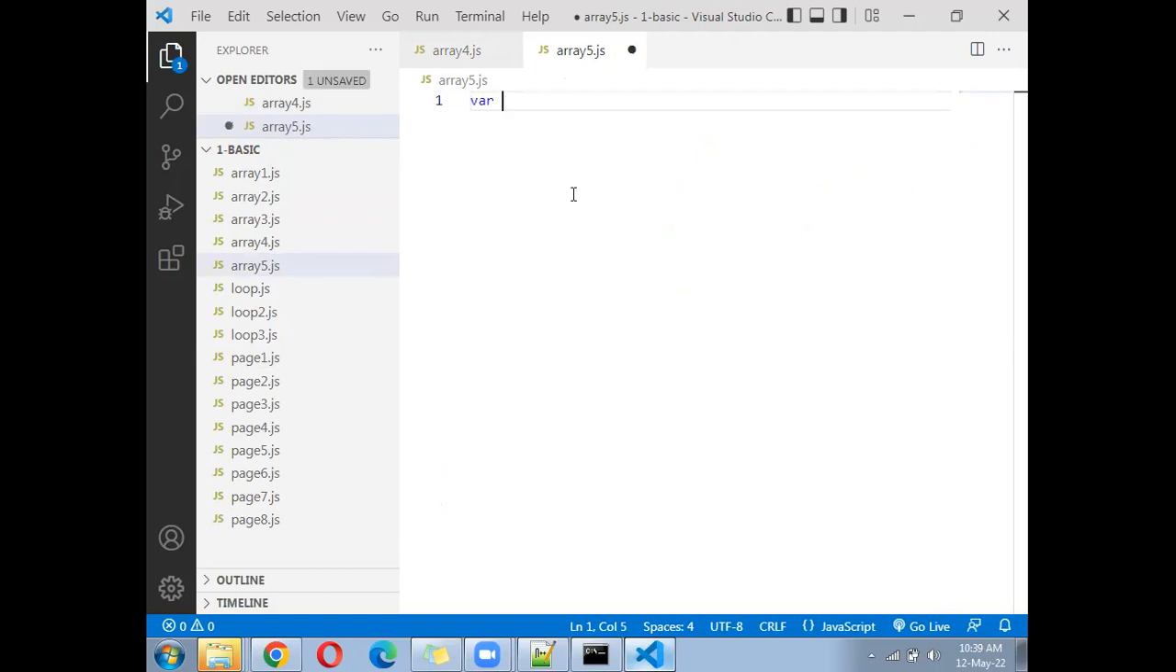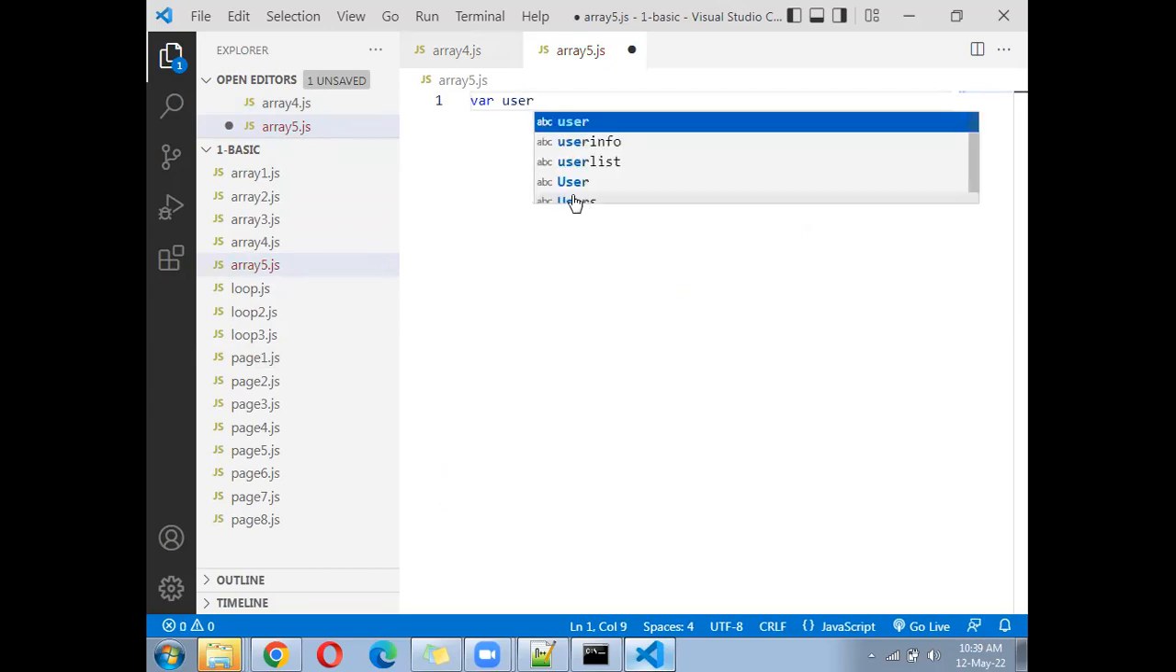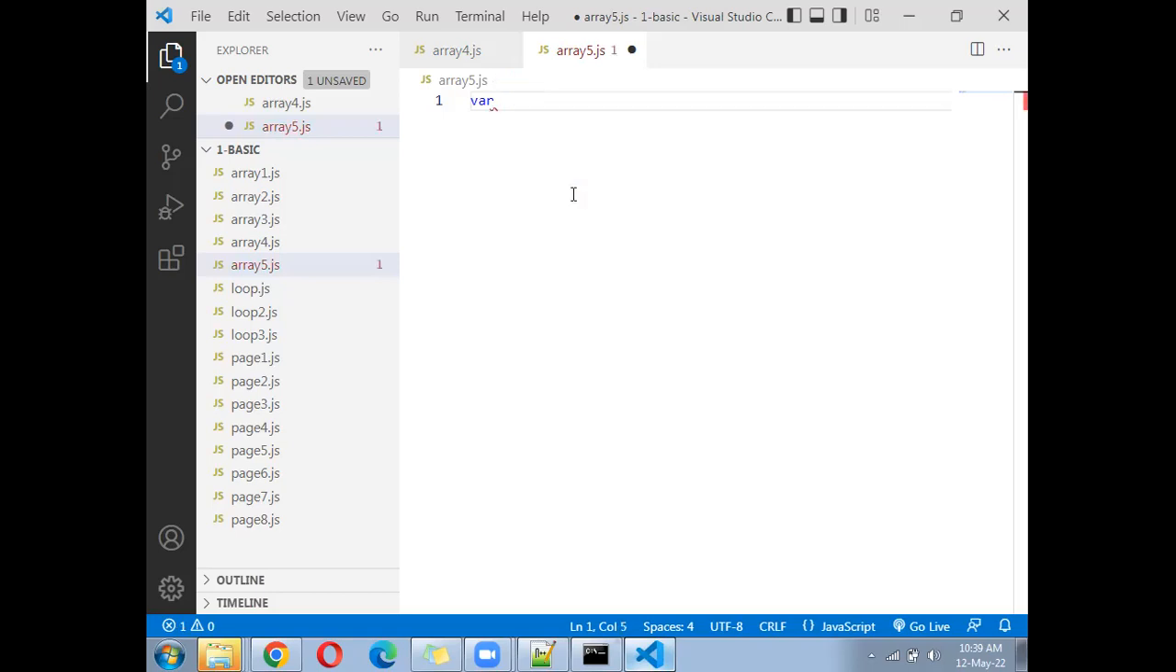Give the variable name called item list, equal to, again a square bracket open close. Under this square bracket,